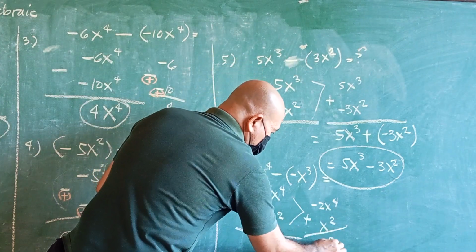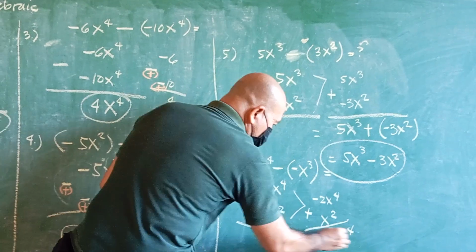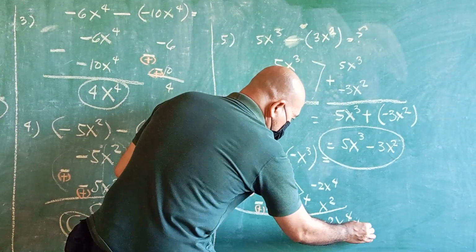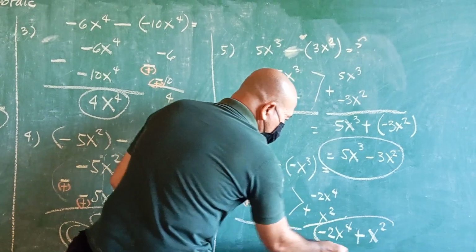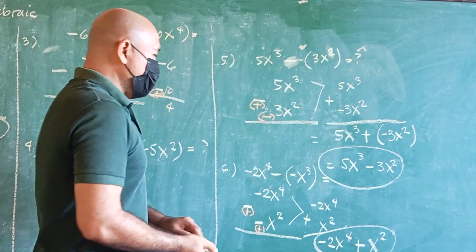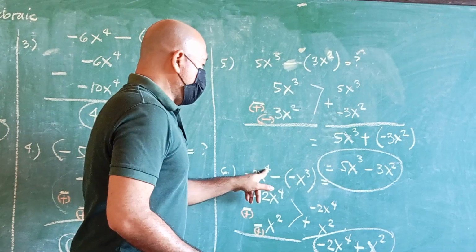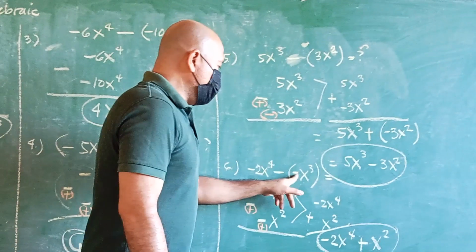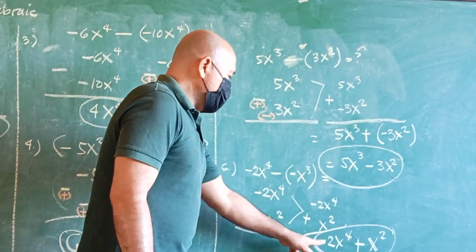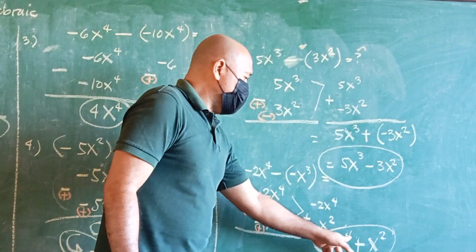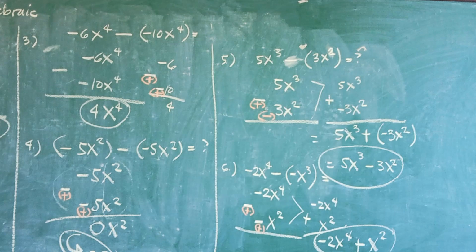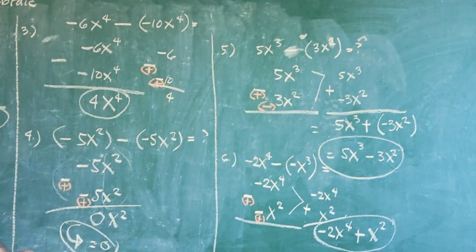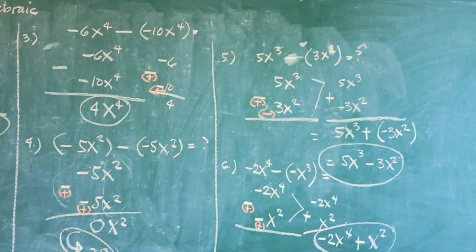So this will be negative 2x raised to the power of 4. The operation is plus and then copy x squared. That is your final answer. So therefore, negative 2x raised to the power of 4 minus the quantity of negative x cubed, the answer is negative 2x raised to the power of 4 plus x squared. Okay, so that's it. After the subtraction of monomials,